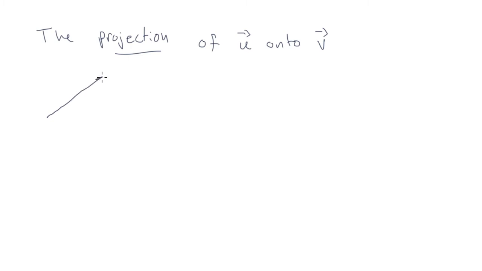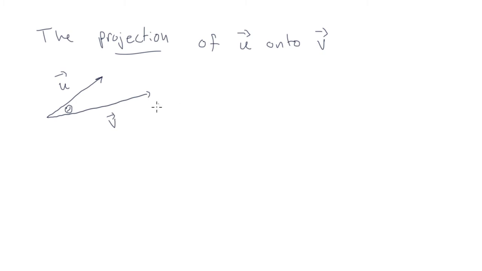So now we want to talk about an application of the dot product, specifically thinking about this angle between two vectors, and that's the projection of u onto v. So let me just draw a picture. I think a picture illustrates exactly what's going on. So if we have this vector u, and we have this vector v, and we have the angle between them, which is theta,